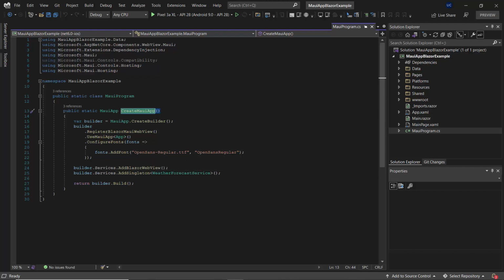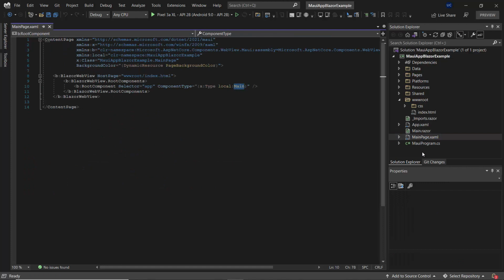Here you can see the font is being registered, as well as the web view. We'll see at a later point how to register our Syncfusion service as well, to start using our Blazor components. So this is the entry point of this .NET MAUI app.